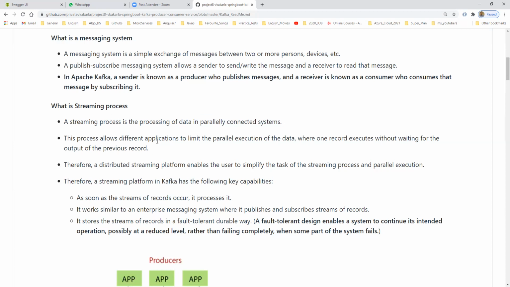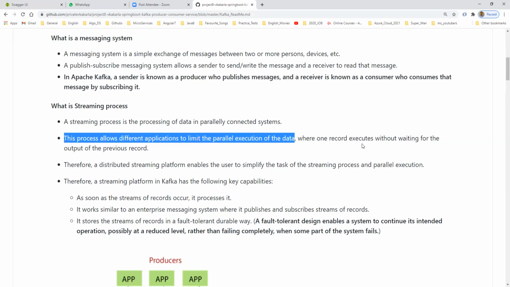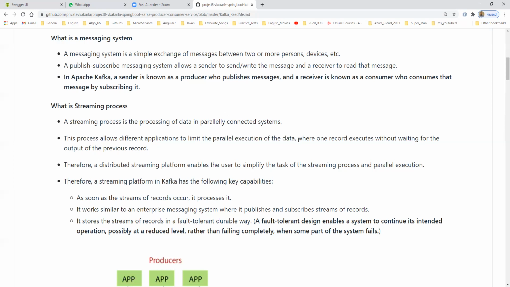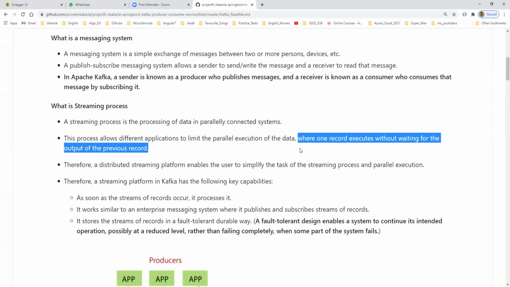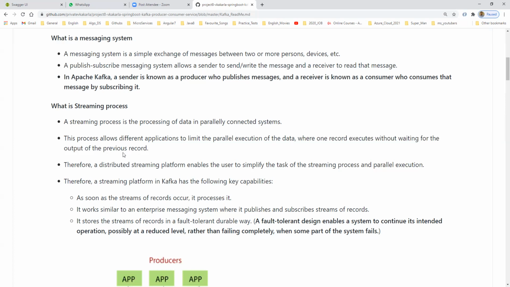This process allows different applications to execute in parallel, where one record executes without waiting for the output of the previous record. See, here it is also working asynchronously. The second record will not wait for the first, the third record will not wait for the second. Each and every record works independently.